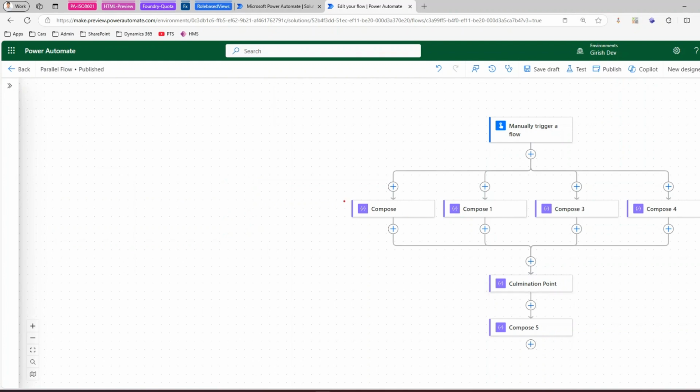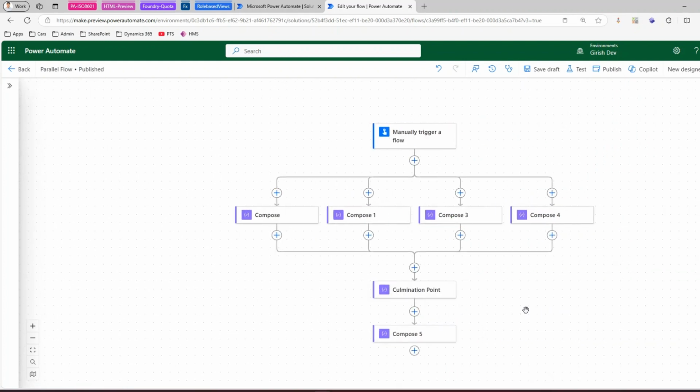So the logic is like you will have more set of actions over here in one flow, second flow, third flow, and fourth flow. All these flows are independent of each other, and that's why they can run parallelly. However, once all the individual flows get executed completely, then they will all join the culmination point, and then from that point onwards, the flow will be terminated. So this is how you basically use Power Automate parallel execution